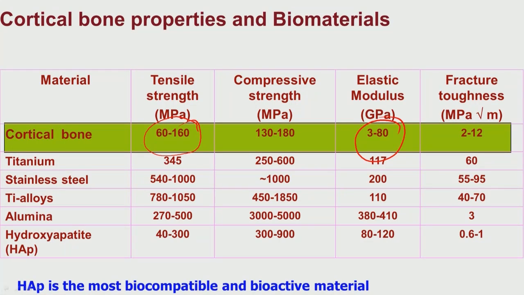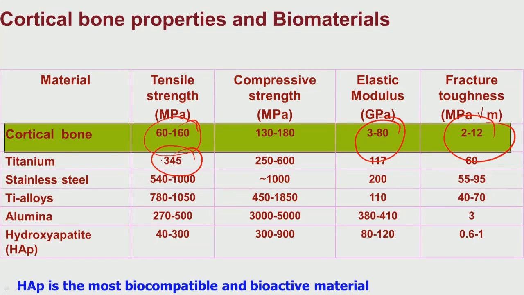For example, stainless steel has a tensile strength of more than 500 megapascal. Fracture toughness of bone, because it has both collagen and hydroxyapatite phases, is 2 to 12 MPa square root meter. Titanium, for example, has a much higher tensile strength than bone, that is good. Compression strength of bone is 130 to 180 megapascal, which is